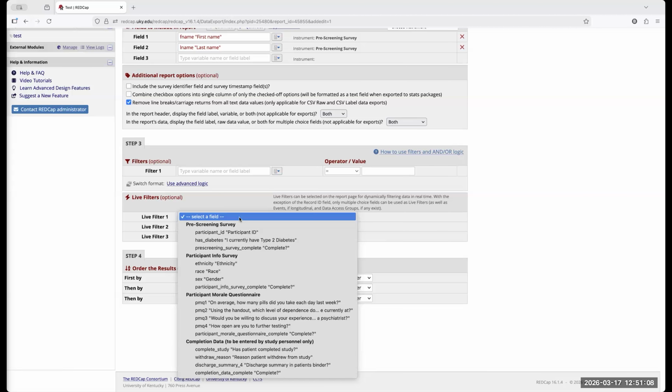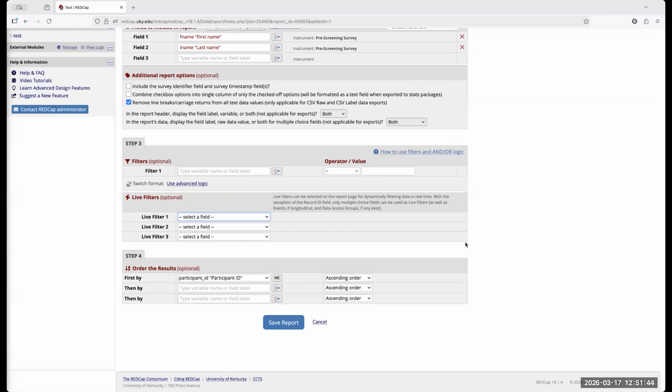It's mostly for events and data access groups. Events are different time points within your project that data is coming in. You can do a live filter on that actual time point. And if you have data access groups, so you have your survey going out to multiple facilities, maybe different hospitals within the area, you can do a live report on just that facility. Most of these options you won't use unless it's a fairly large project, but they are there if you need them.